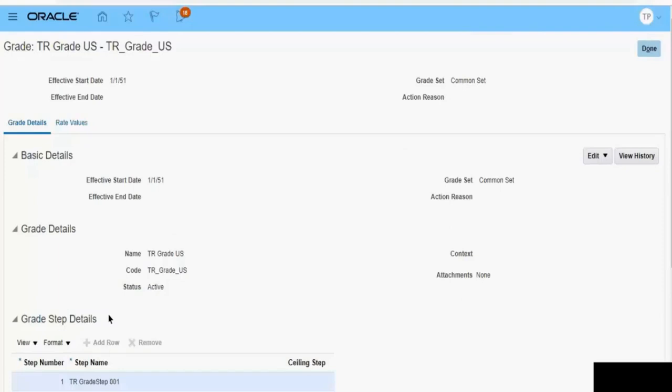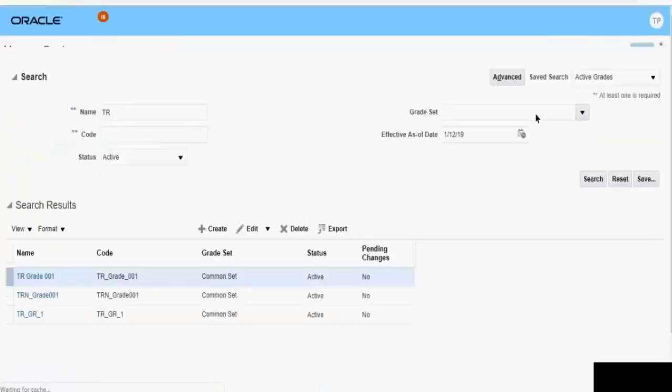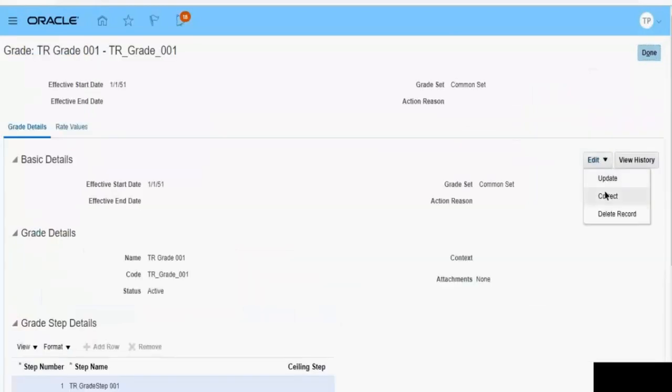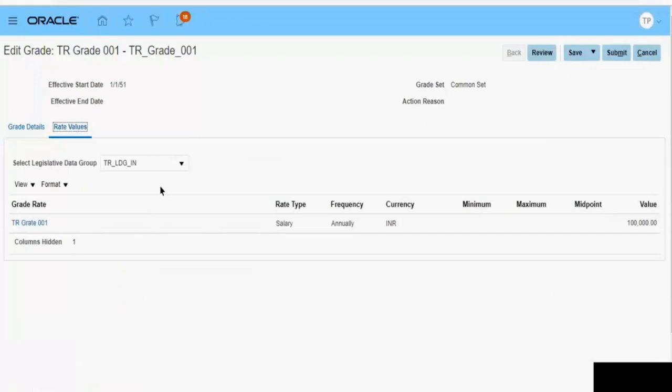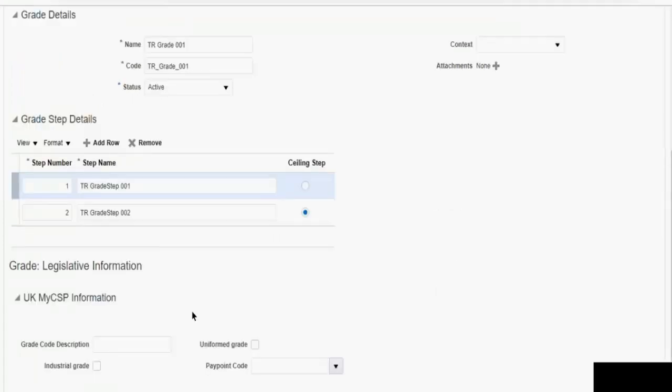You're looking for some foundation data. While creating a grade, you will go to this screen that is the grade rate. So let me try to correct. Okay, in this screen, you need to select your LDG first. And there will be an option or button, create new rate. Click on that and enter the data there. So what is that first page which says grade legislative information? See this. Okay, so whenever you create any foundation,